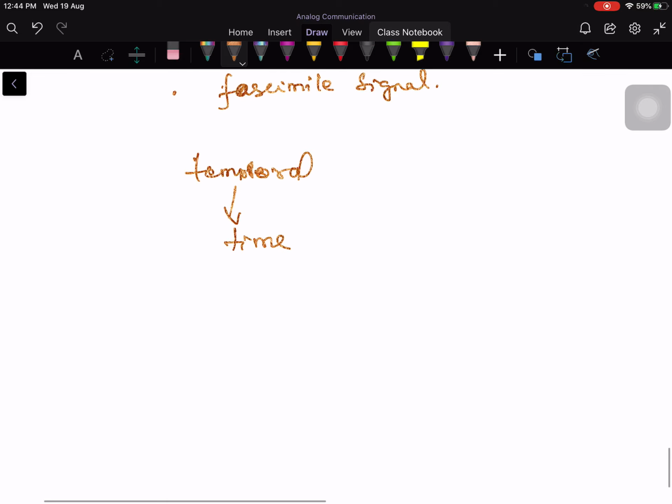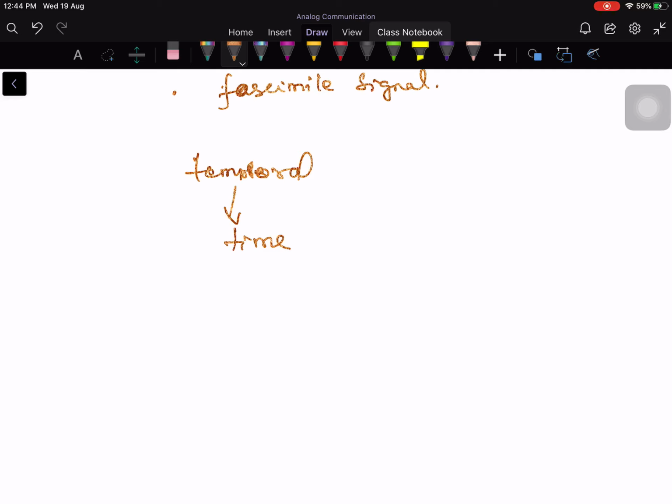So I must make sure that the time taken to scan a complete picture line by line is sufficiently small, so that I do not lose information if the picture changes because of the motion. I must be able to capture the motion also. I must be able to scan sufficiently fast for this. If I don't scan sufficiently fast, then I may not be able to capture the motion.